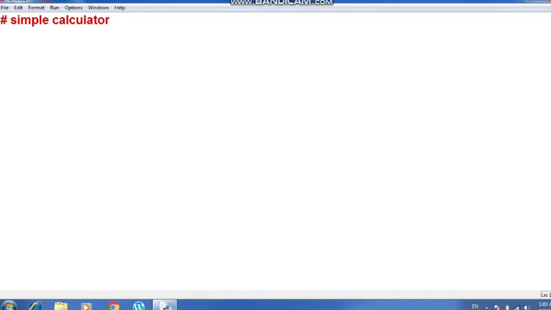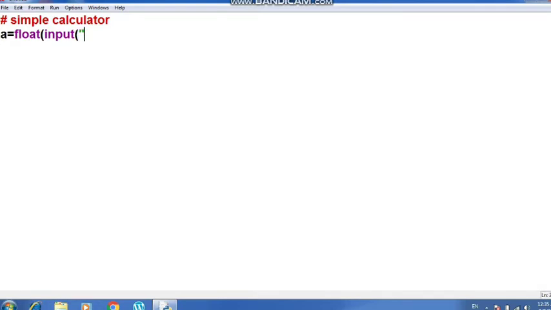You can see that I have written in the comment section: simple calculator. Now I'm going to take two numbers from the user. Let's say I have defined the variable a, wherein I am getting the number, taking the data type as float. Why? Because the user might choose the division operator, and we get the output in decimal fractional form. So that is the reason I have taken the float data type. You can take an integer as well.